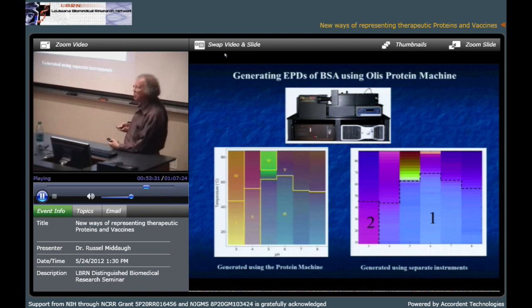Another instrument that does the same thing: we talked to a company in Georgia called OLIS, Online Instrument Systems, and we outlined in block diagram form, because I knew they built separate instruments, what we wanted. We want a CD machine, which they made already. We want a fluorometer. They made one of those. We want a light scattering system. We want a diode array absorption system.